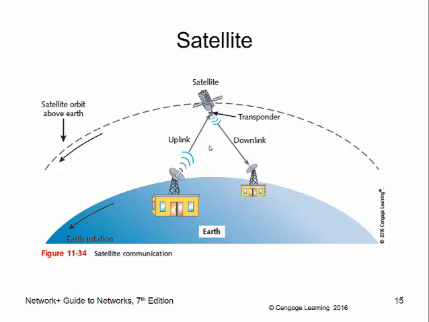Radio waves are what? It's a form of light. Remember, we looked at that weeks ago when we were looking at the spectrum. Well, the speed of light is 186,000 miles per second. Normally, that's pretty fast, but the satellite is 22,000 miles up. So for a signal to go from here to here,